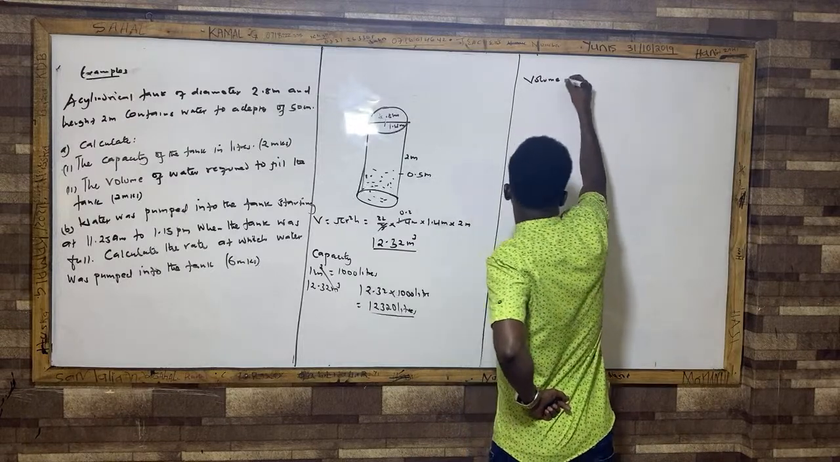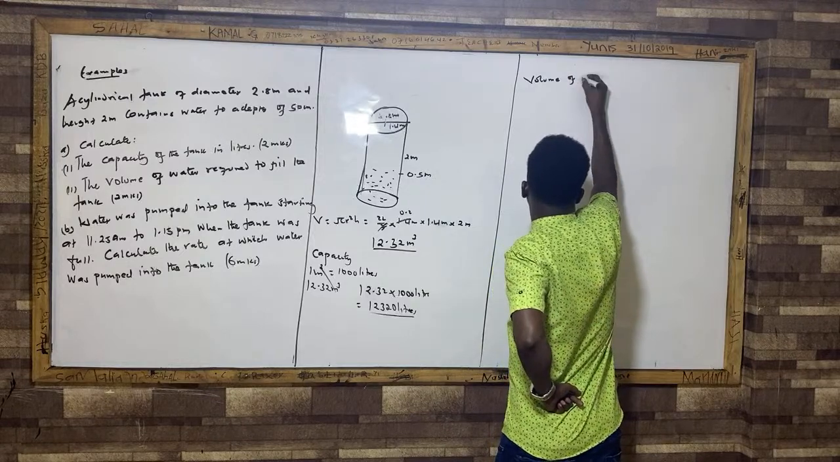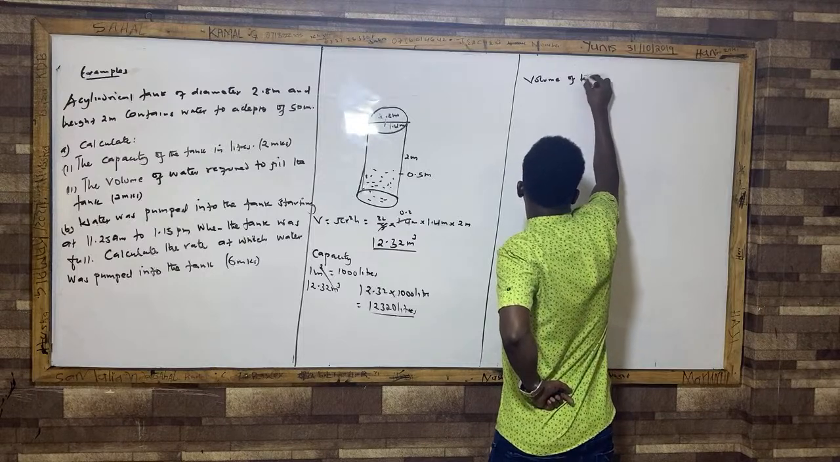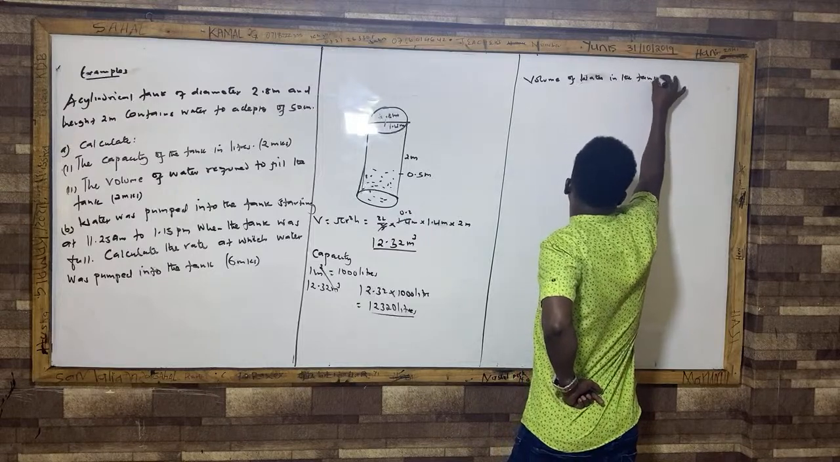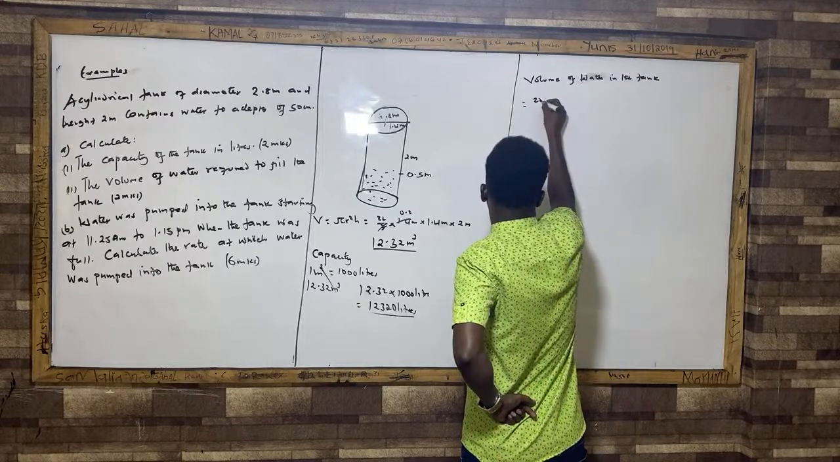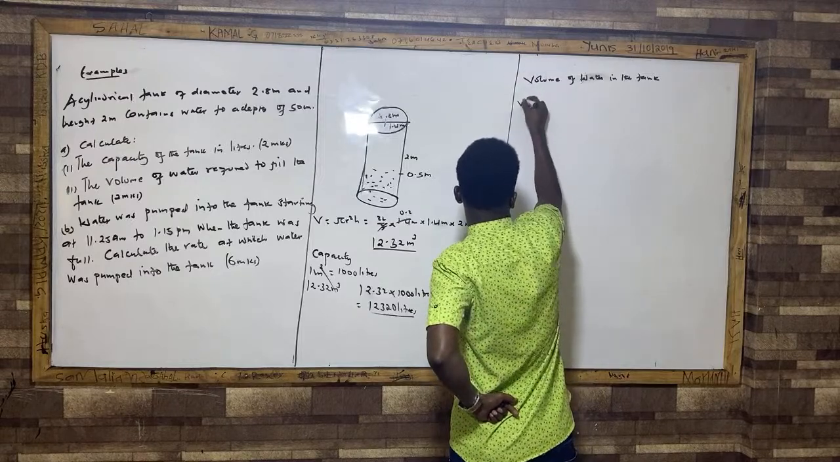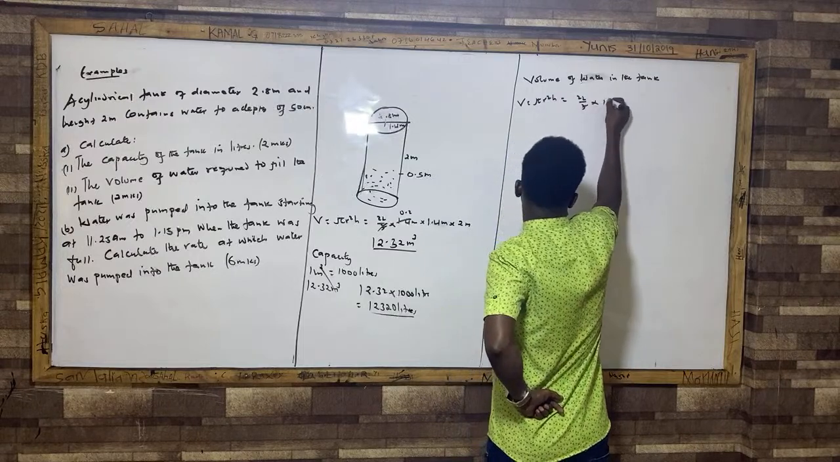Let me say volume of water in the tank. Let me use this one. Volume of water in the tank. So I'll say pi r squared again. Let me write the formula. V is equal to pi r squared h. So pi r squared